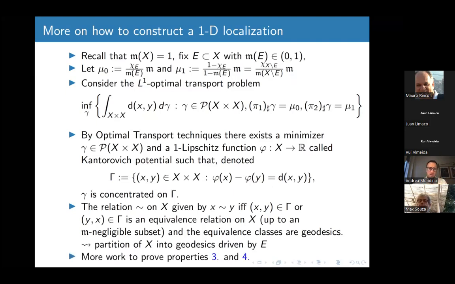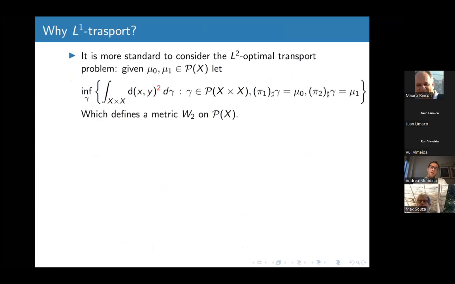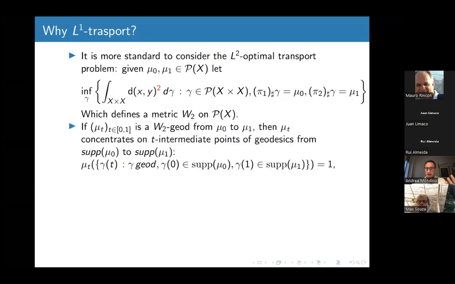So this is probably in the next slide, right? So when you consider instead the L2 optimal transport, that probably is more standard for people having read, say, surveys on optimal transport. So in the L2 optimal transport, instead of taking the infimum of the integral of the distance among all the possible transports, you take the infimum of the distance squared. Okay, so this is still very nice, and it is very nice in particular because it is inducing a map.